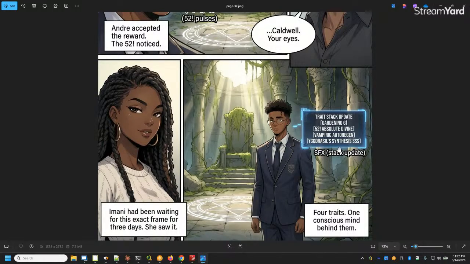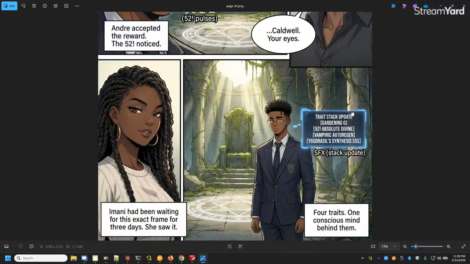And an Yggdrasil synthesis, which is triple S. Yeah, because by itself, you can grow anything you like, but you still have a 3 month cooldown. So triple S is still very good. If I could grow like 10 guns, even if I have to wait 3 months, that's still OP. Right? If I can grow anything in 3 months and I have to wait 3 months, basically you just wait 3 months for it to grow, and then you can grow something else. But with Factor 52, that's completely out the window.